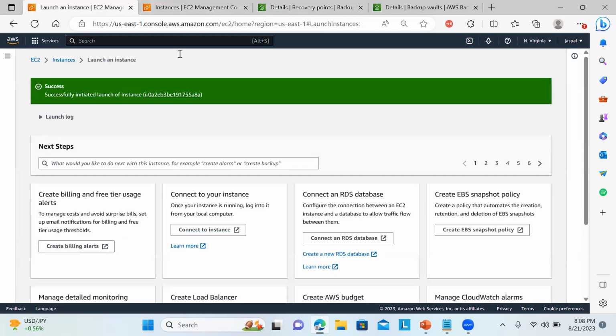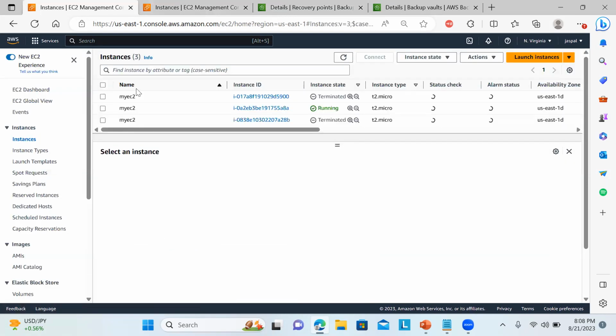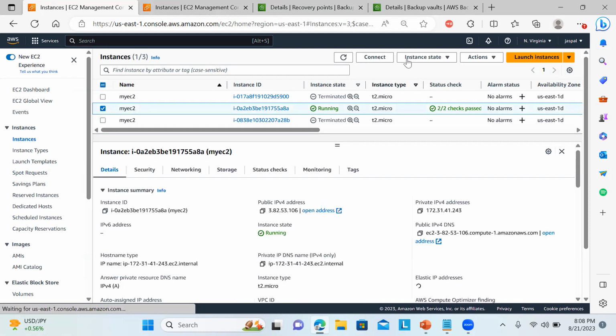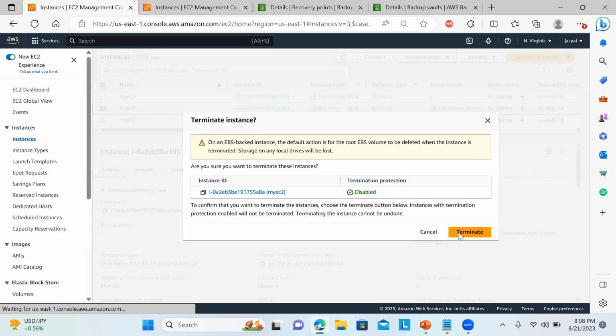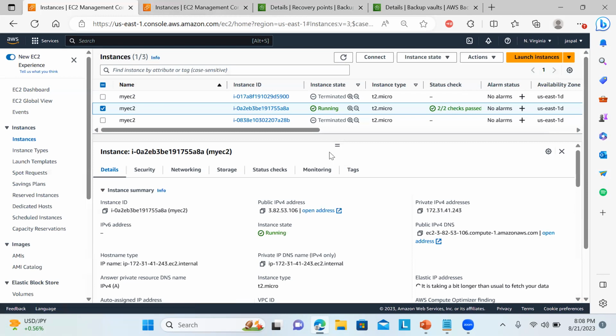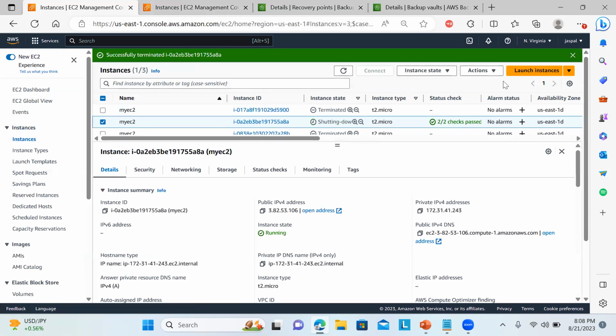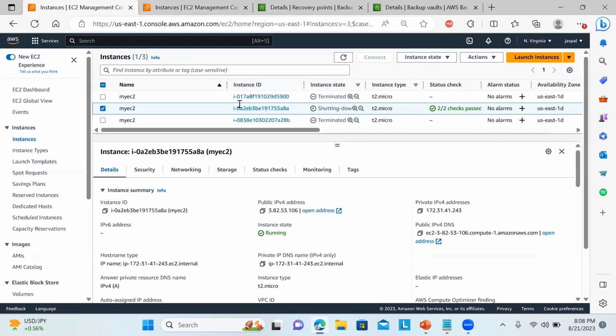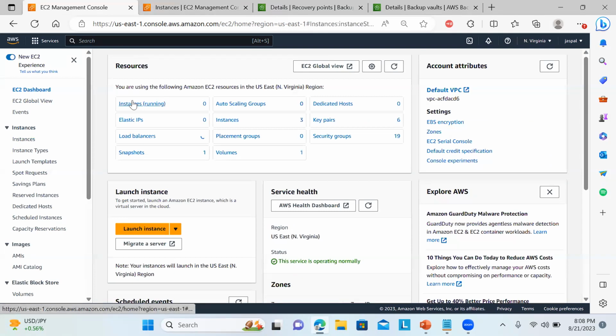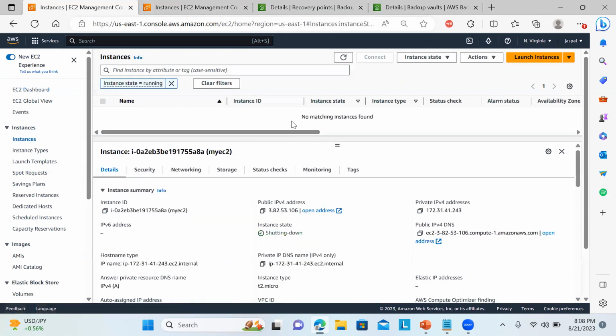So now what I will do over here, I will go to the instances. It's in the running state. I will go to instance state and terminate this one. Okay, so let me put a filter over here. Let's go to the EC2 dashboard, and we can check only those instances that are running. So we don't have any instances running. So we will try to